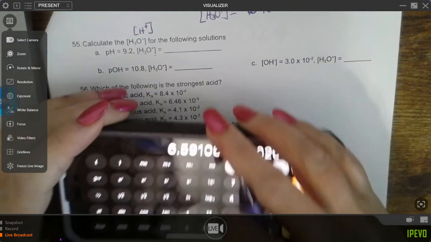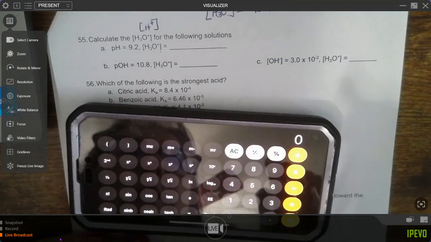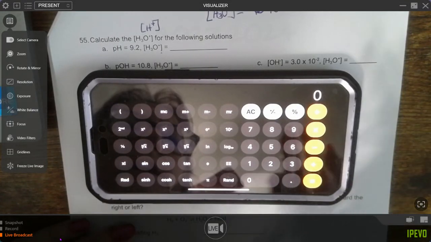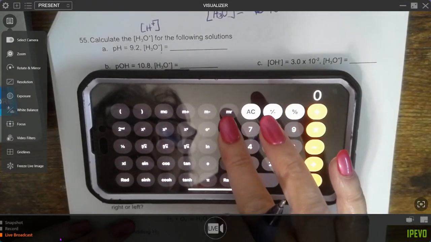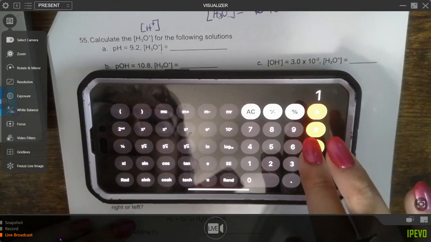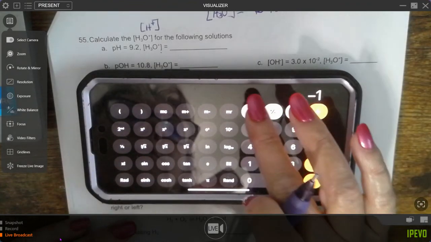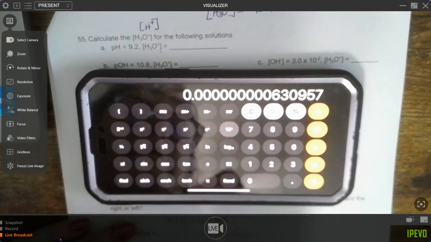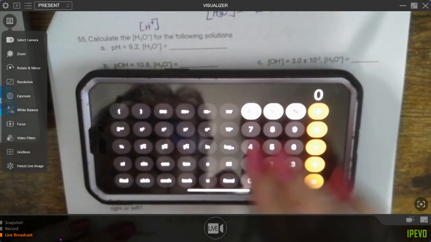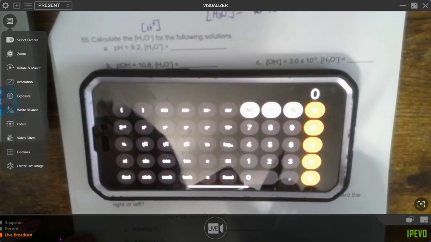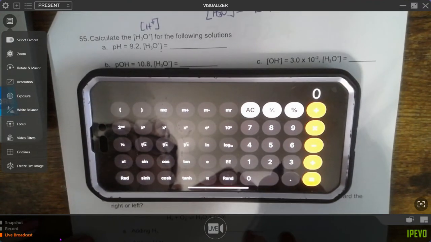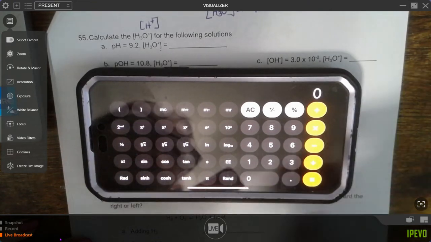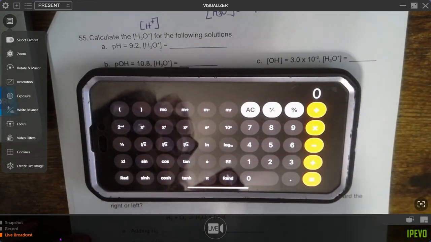Okay, so let's see if I can do that. This would be 9.2 as the pH, so I would do 10 to the power of negative... 9.2 and the negative, there we go. So on my calculator, and maybe we can check on this Monday, let's make sure you know how to do these on the calculator that you're going to use on the test. I didn't bring a school calculator home with me, but